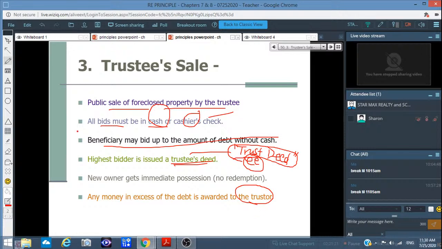Okay. So let me do this in Chinese now. Okay. 拍卖这一天，OK，这个敲周人就帮银行去拍卖了，OK，所有的钱有现金还是柜台支票，OK，银行可以开始用它的借款额度就不用钱来拍卖，所以他如果没有跟他争的话，他就拿回这个房子了，OK。Highest bidder issue a trustee deed, OK，最高的标价的买主就拿到这个房子，然后 trustee 会给他一个产权证，叫 trustee's deed，OK，